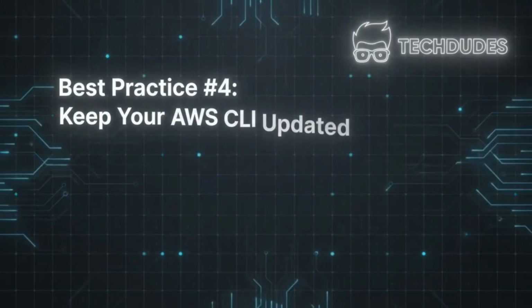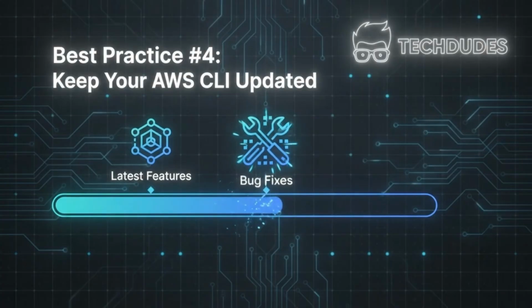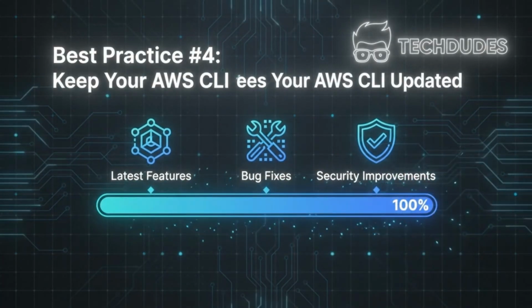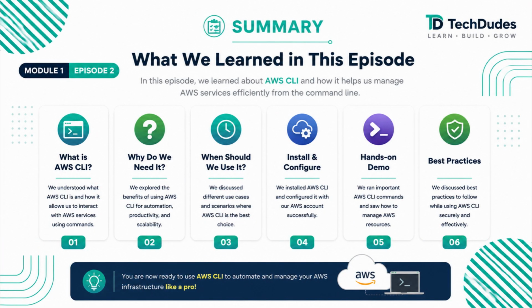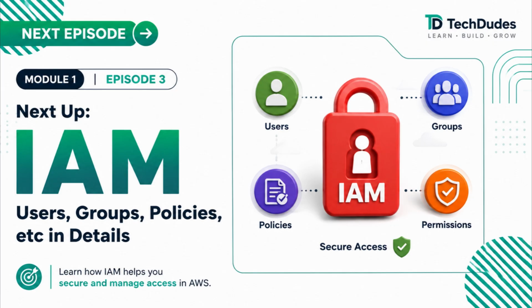And finally, keep your AWS CLI updated so you have the latest features, bug fixes, and security improvements in the latest AWS CLI. Okay. In this video, we learned what AWS CLI is, why it's important, how to install and configure it, and how to verify that it's successfully connected to our AWS account. In the next episode, we will explore IAM in detail, including users, groups,